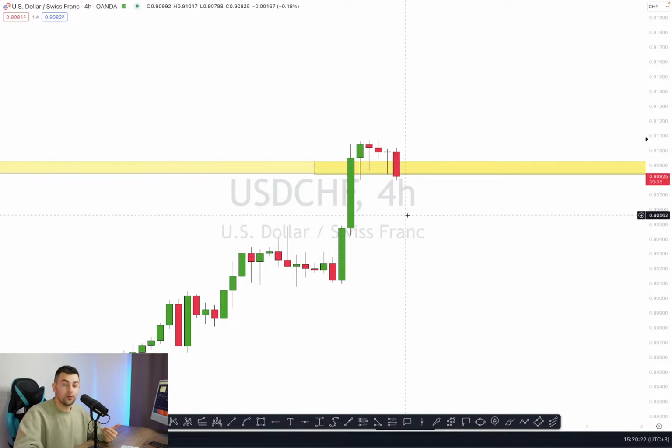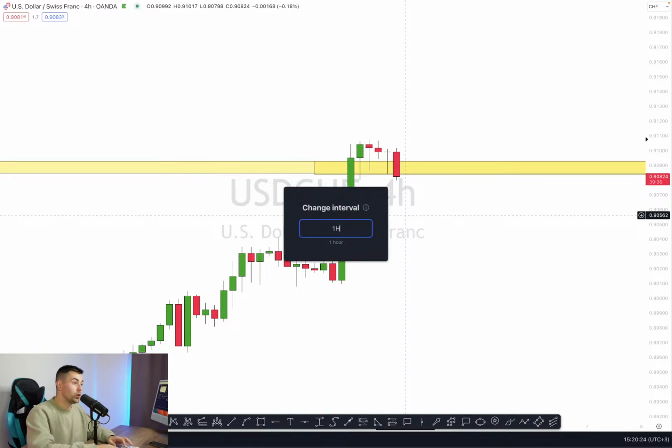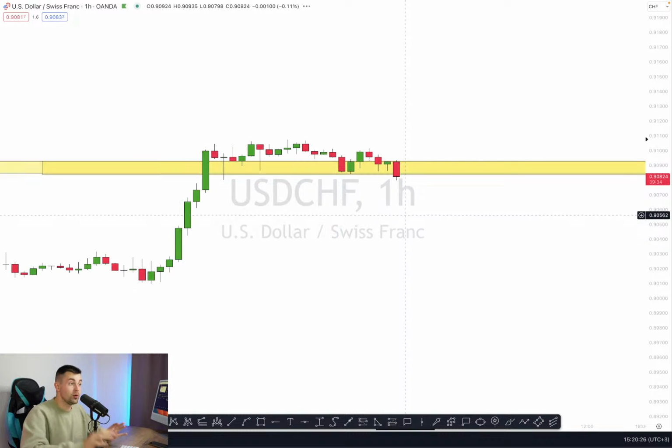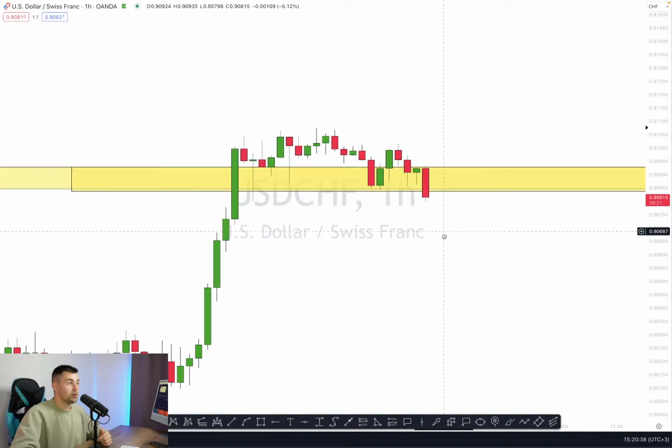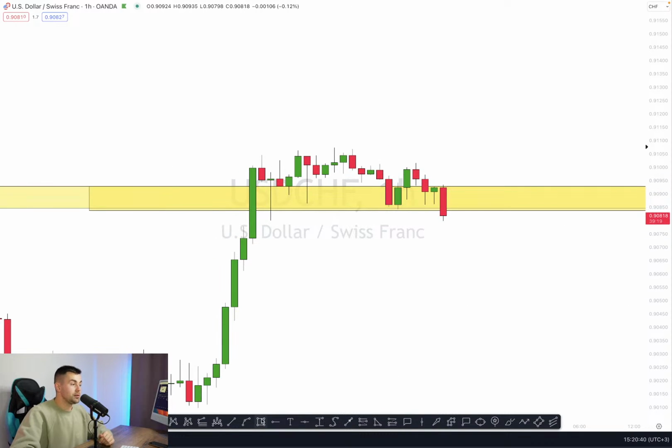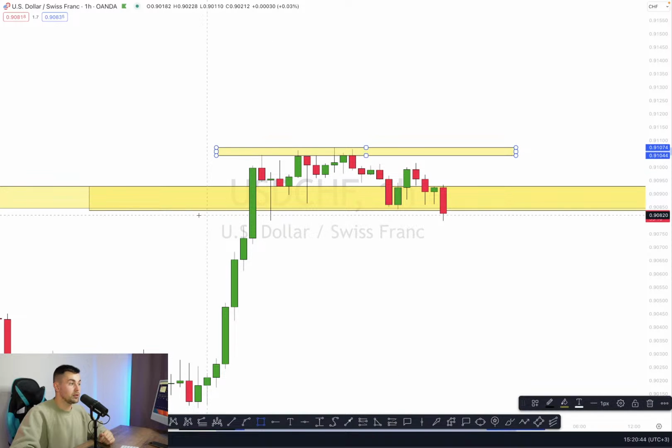So no clues actually. So let's check what we have on an hourly time frame. Yeah, so our main intraday time frames are the 4-hour and hourly, and usually these time frames are more than enough to spot a decent confirmation. So on an hourly time frame, traders, we can see in detail the price action. We can see in detail how the market is currently consolidating.